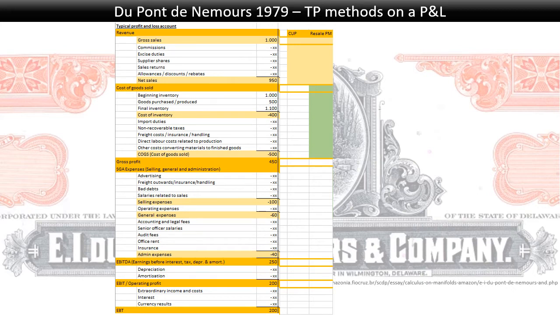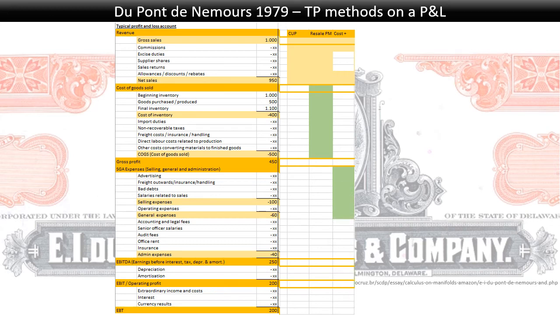my margin here, right? And then you get to cost plus. Now the problem with cost plus is you typically sell services, not goods, so you don't have COGS. You only have OPEX. You have all these services that you need to provide. So for the cost plus, you look at your total OPEX, and then you would say, okay, well, if I spend 100, how much would I like to make on my EBIT line? Maybe I would like to make 10. So then I need to sell my stuff for 100 plus 10 is 110, right? Or I should make at least a 10% profit on my costs,